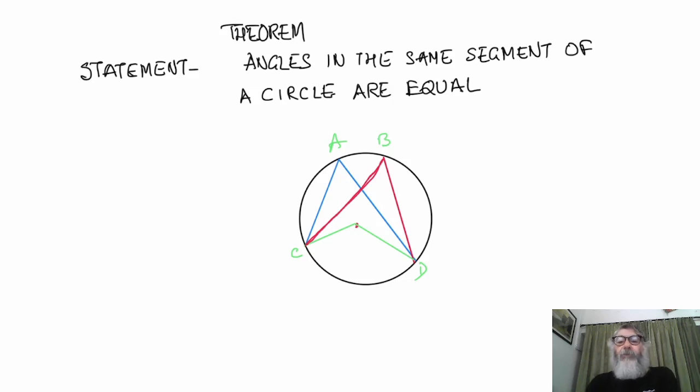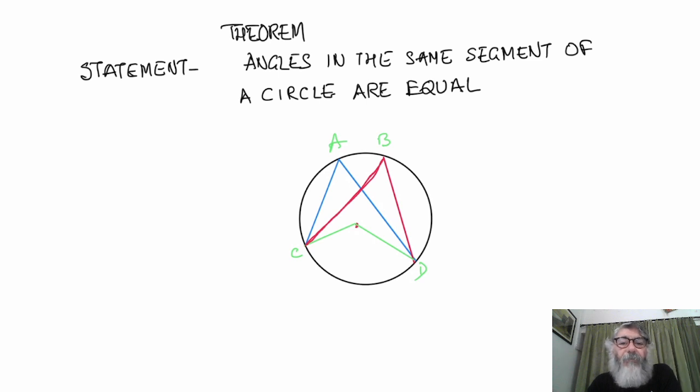Okay, we are going to do a theorem based on whatever we have done on the definitions of circles. I did two videos just now, before that, explaining the previous theorem, the central angle theorem: the angle subtended by an arc at the center of a circle is double the angle which it subtends to the remaining part of the circumference.